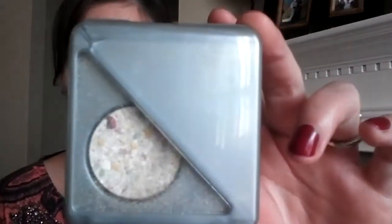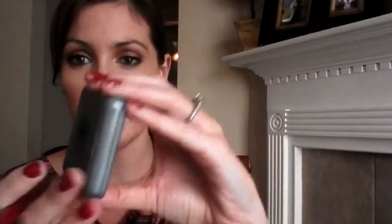So the first item is by Physicians Formula. It's the eye brightener, and the color is in Natural Eye Light. I want to say they had 2 shades. One was maybe for darker, if you have more of a deep colored skin, it would work better for that. But this is just a powder form, and it really works as a highlight. You can take it underneath your eyes, take it even on your cheekbone,